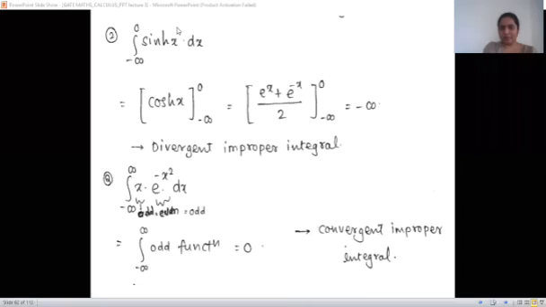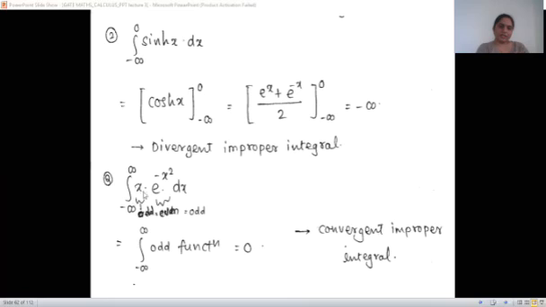the lower limit. If we apply lower limit minus infinity, here it is e raised to minus infinity, so that is 1 upon infinity, 0. But here it is e raised to minus of minus infinity, that is e raised to infinity. And if any one term is becoming infinity, everything is going to infinity. So the limit is infinity, and that we call a divergent improper integral. The given improper integral is divergent.